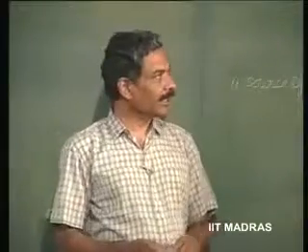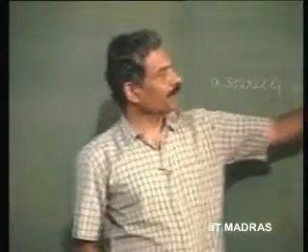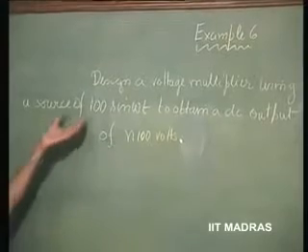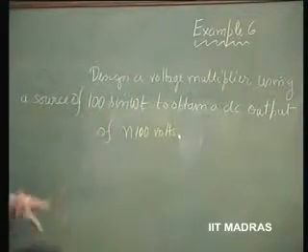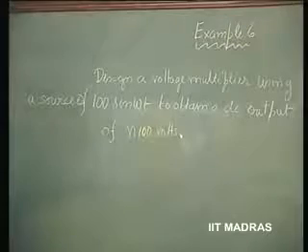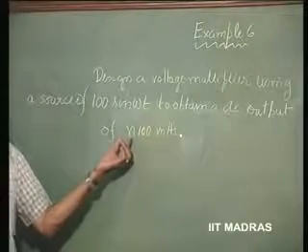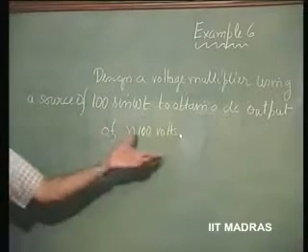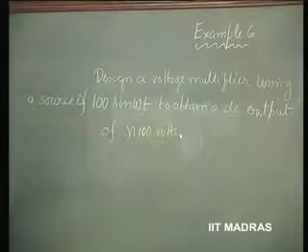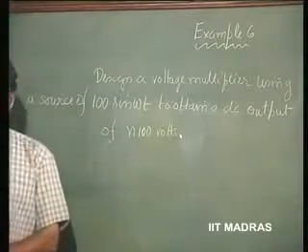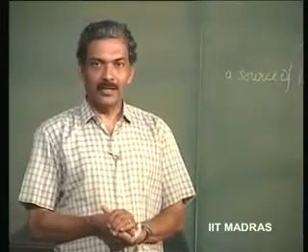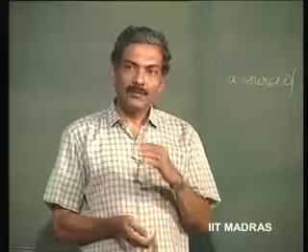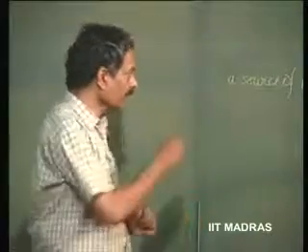Today, we will take an example. Design a voltage multiplier, that is, let us say an AC voltage of 100 sin omega t, from which you derive a DC of 100 and then multiply it by some amount n, 100 times n being an integer. So, how this can be done and how this can be utilized in obtaining what I told you last time as an ionizer, in order to obtain a high DC voltage which can be used to produce negative ion effect. Let us see how this can be done.